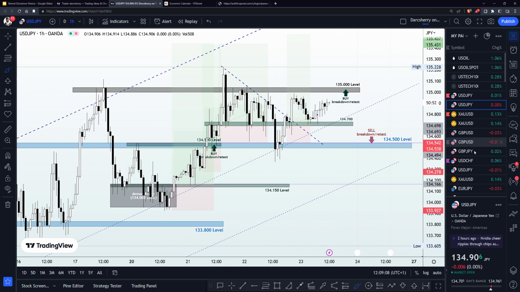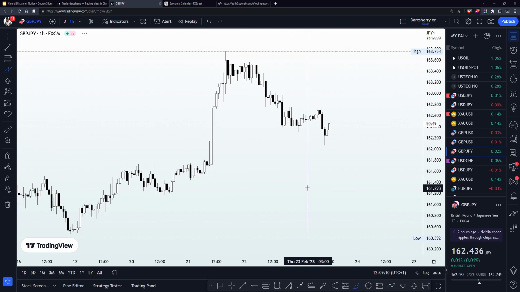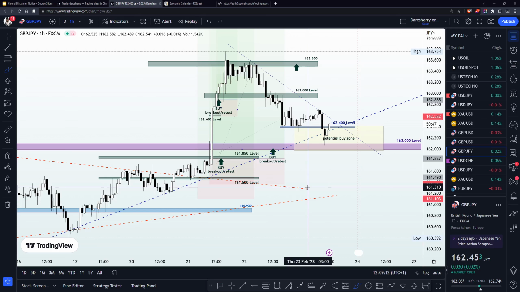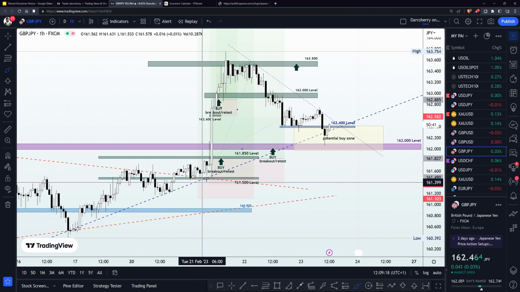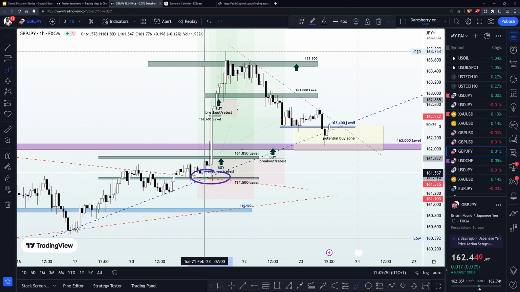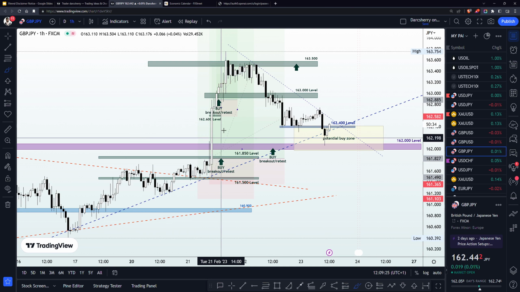Then we went on to close the day with the GBPJPY, which was introduced to us by someone amongst us here, and luckily enough for us, we were able to make over 300 pips in profit on this one as we joined this bullish momentum here on Tuesday, added more position at the breakout of the structure.